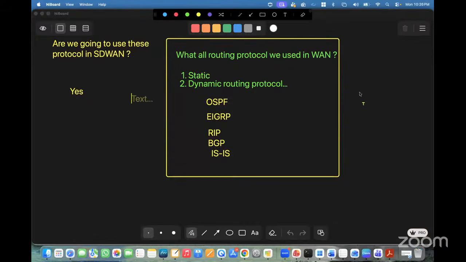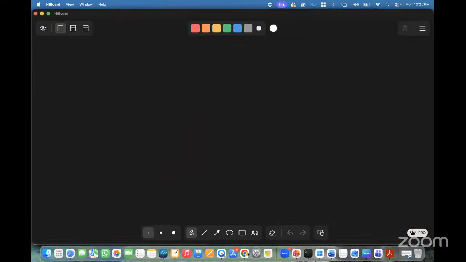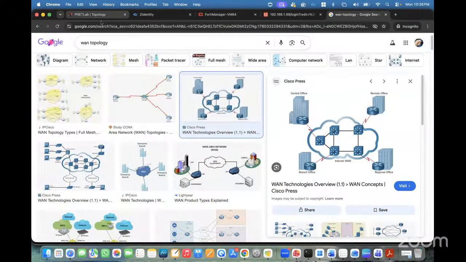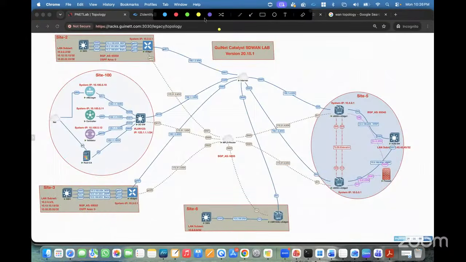Why it's happening? Okay. So yes, we need it. Simple. We need this protocol. Why do you need this protocol? Because if you're not going to use this protocol, there are two kinds of connectivity that are going to happen. Let me clean this board. Two kinds of connectivity. Very first thing,